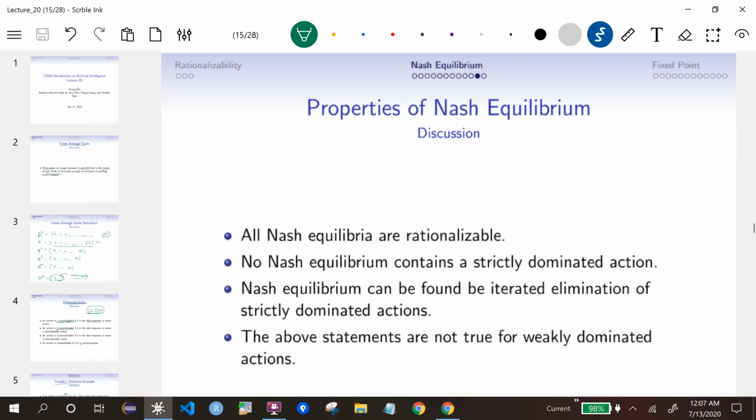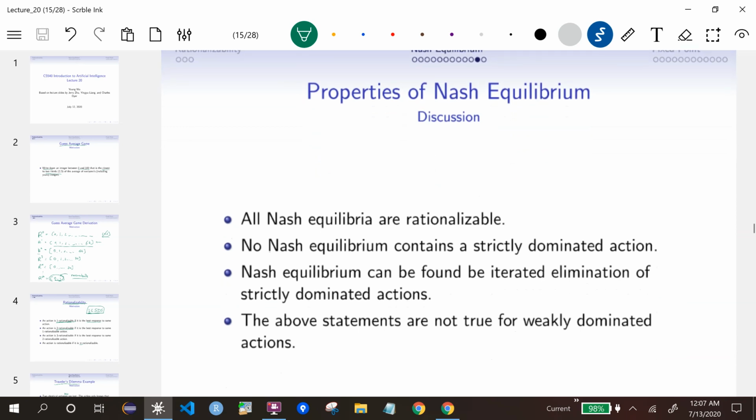Okay, so at the end, let's talk about a few properties of Nash equilibria. So first, all of them must be rationalizable. As I said in the previous part, rationalizable Nash equilibria is a refinement of rationalizable sets. So the rationalizable sets are a larger set of solutions, and Nash equilibria is a smaller set. And I mentioned this as well: a Nash equilibrium cannot contain a strictly dominant action. And